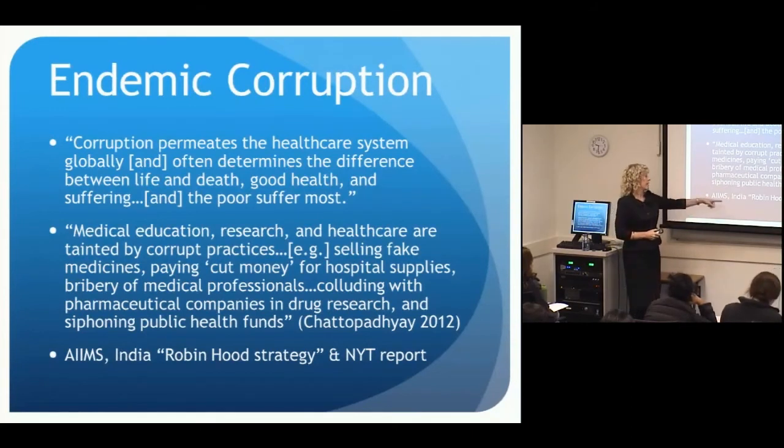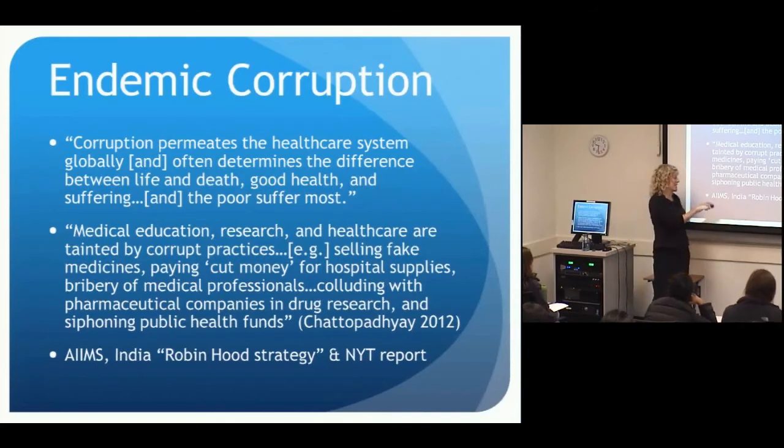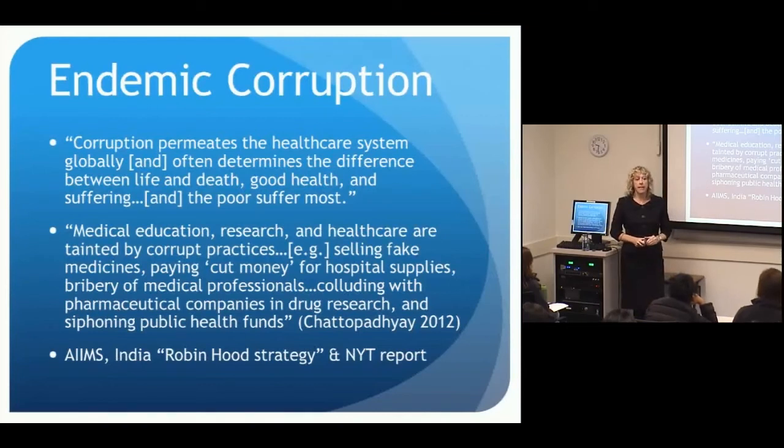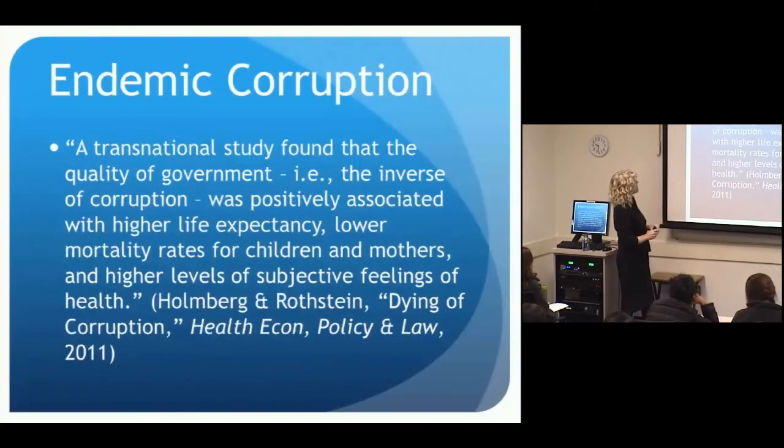And then what they would do with it, they called, intriguingly, using a British story figure, their Robin Hood strategy: they're really going to give it to a poor infant whose parents can't afford it, which sounds good. But then they told me they also use it to stock their own resources at the hospital. That was another level of what they conceived of as a Robin Hood strategy. So just different levels of thinking about corruption and how you might define it, or find it justifiable or not. And then a transnational study found that the quality of government, which would be conceived as the inverse of